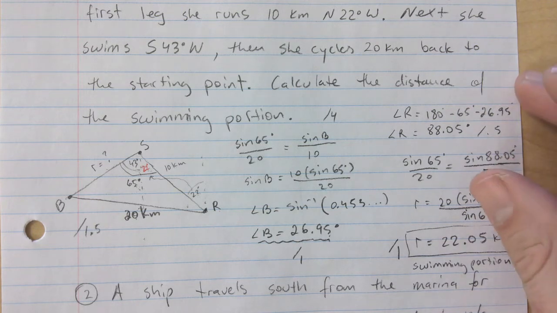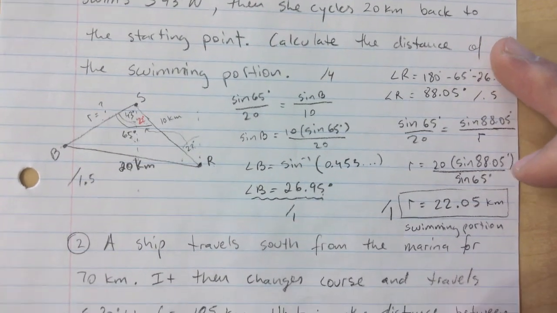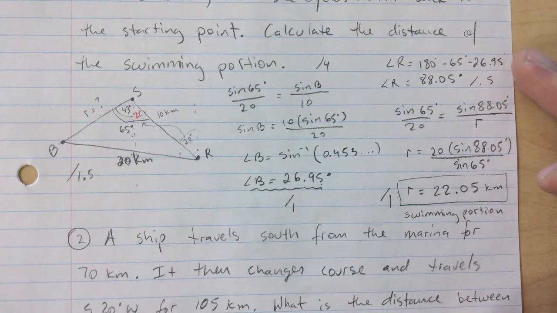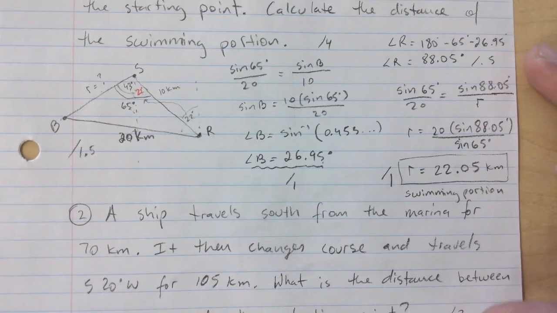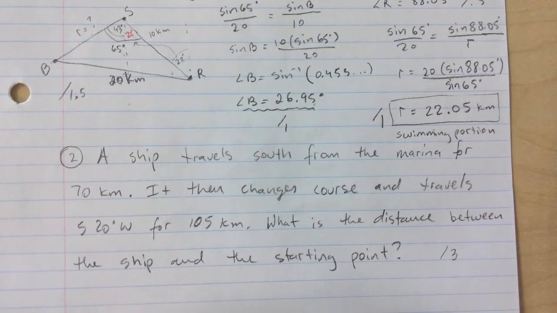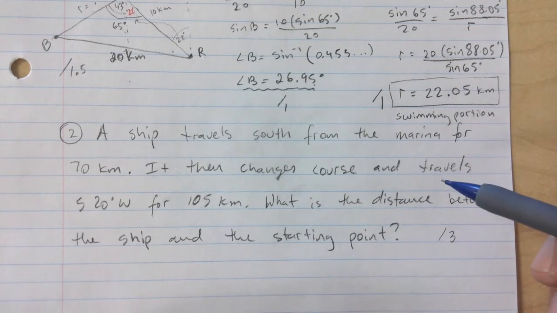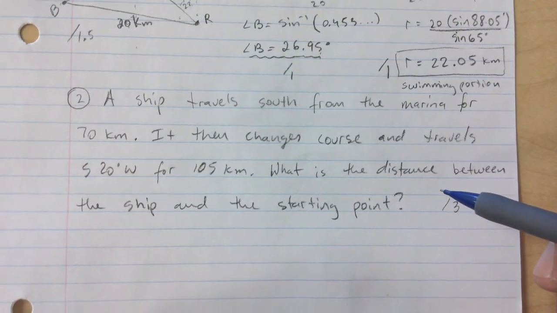That's fine. We're not taking marks off for that, okay? If you use cosine law, way to go. That's very fine. What did you get, by the way, Mina or Charles? You get 22.04, 06. Anyways,